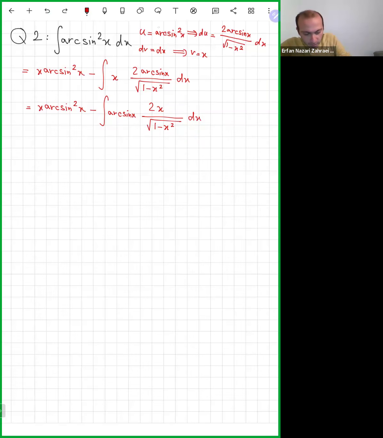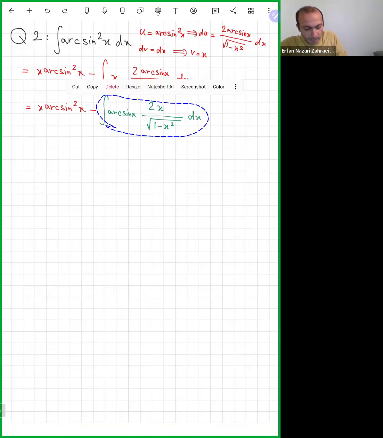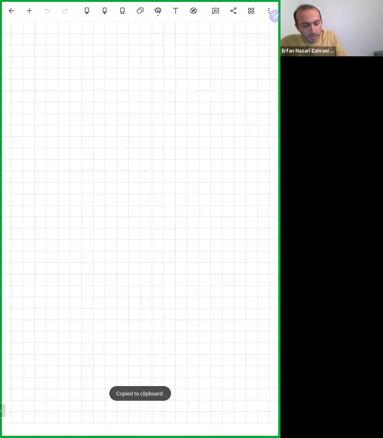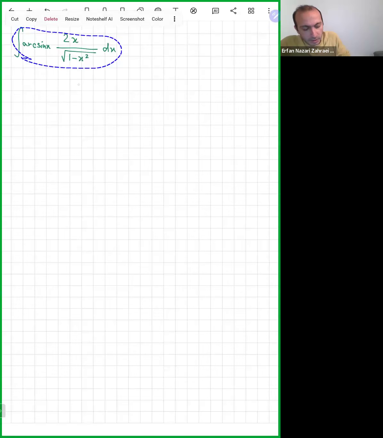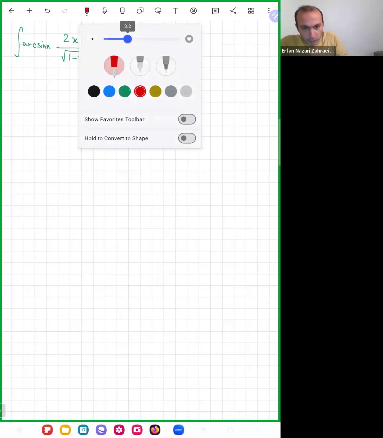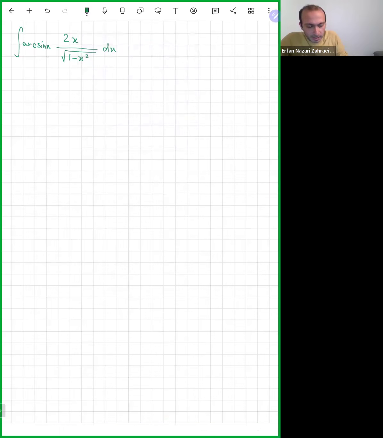To do this computation of this second integration by parts, let me just do it as a separate example, and then when I have the answer, I will bring it here. I don't want to write this extra term over and over when I'm computing this, and that would be a waste of time. So let's compute this green integral separately, and then when I have the answer, I will plug in here. So now let me focus on computation of this. As I mentioned, it should be an integration by parts, and this is u, this is dv. So if I do that,